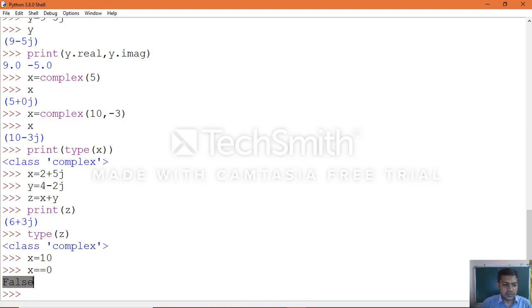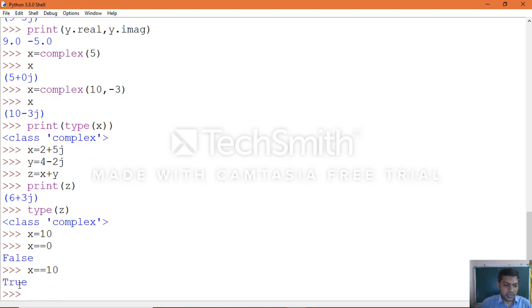So which is not true, that's why false. In the same manner, you can check x double equal to 10, which will give you true. It will give you true or false, or else you can assign it into some other variable.